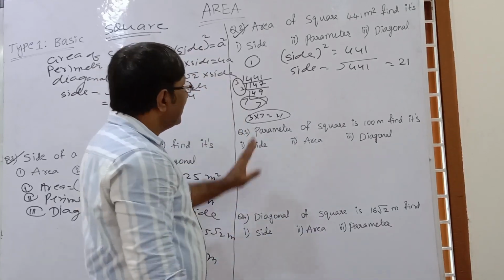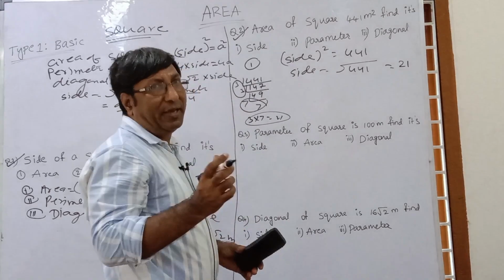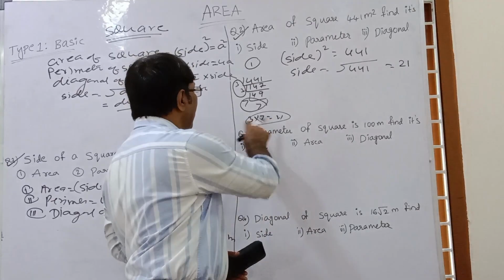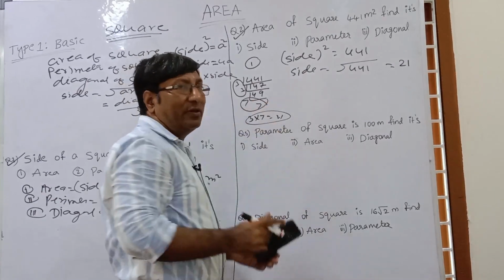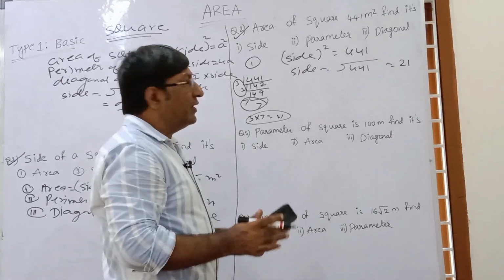Okay, so in the basic method, first you find the factors and then make pairs. So this is 3 into 3, one pair. So this gives one 3, and 7 into 7, second pair. This gives one 7. So your answer is 3 into 7, 21.